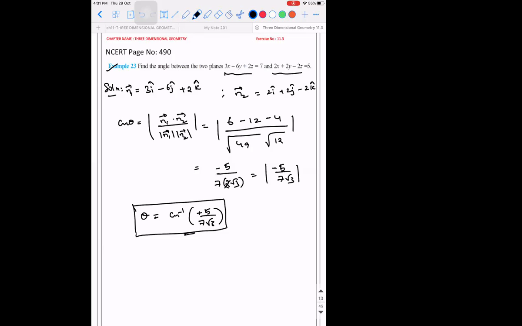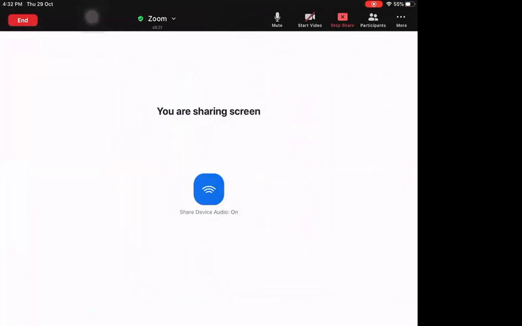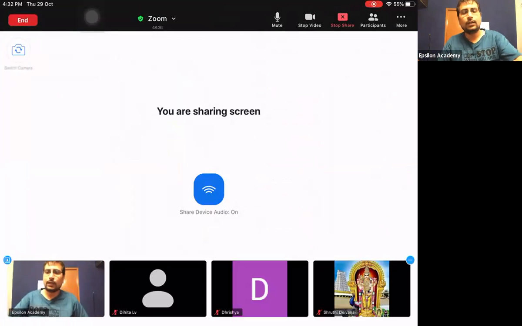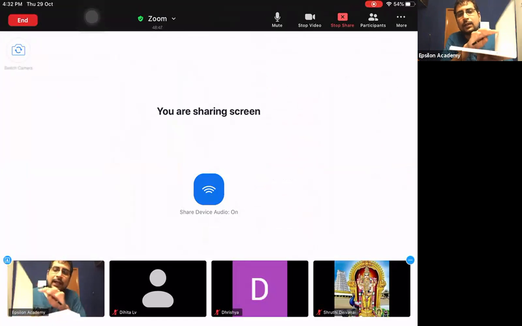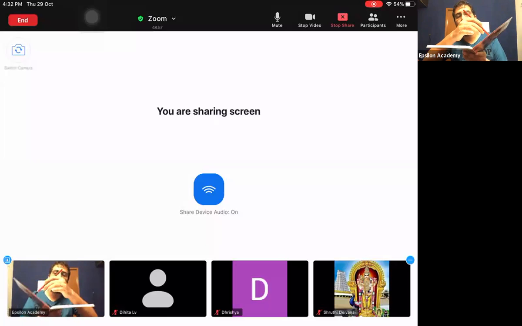So, I'll tell you why this is being taken. You might get confused, so just for you to visualize it, I'm going to show it to you again. I told you only acute angles are taken. We need to understand why. This is a plane, and this is another plane. When I say angle between the planes, you can always measure the angle only between lines. So the normal to this plane is like this, and the normal to this plane will be like this. There's one normal, there's another normal.